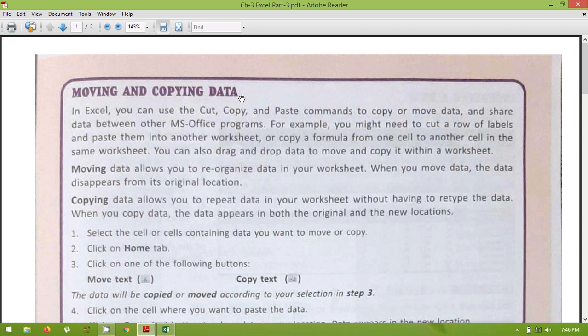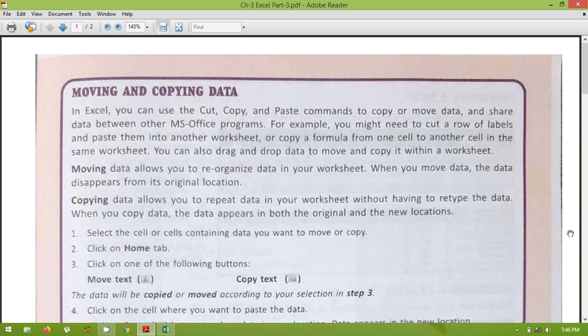So basically in this we are going to learn three options: cut, copy and paste. The cut option is used for moving the data. The copy option is used for copying the data, or creating a copy of your text or data.